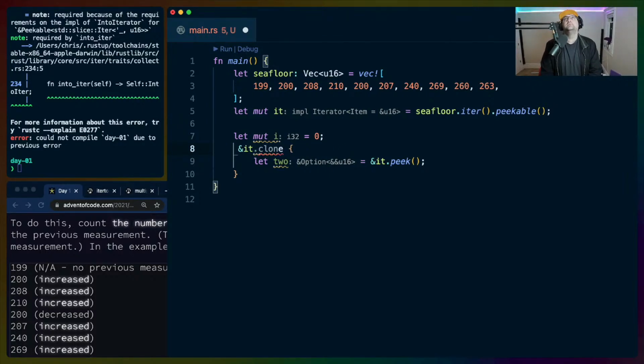What do I want to do here? It's a little annoying. Basically, the problem here is that I'm consuming the iterator, but I also want a peek iterator, so I need a reference to the same one.